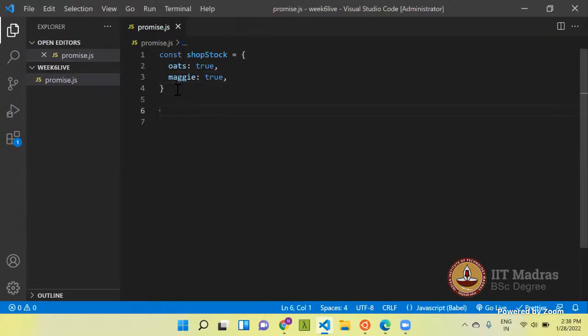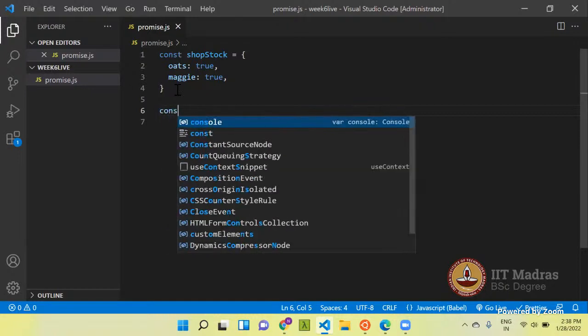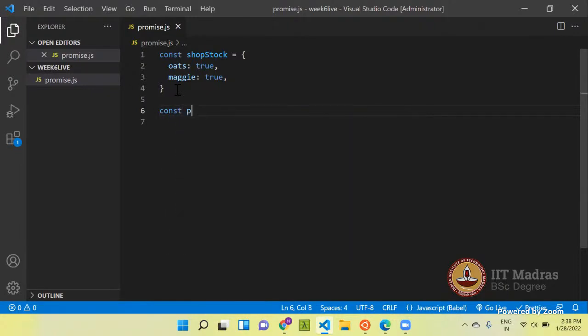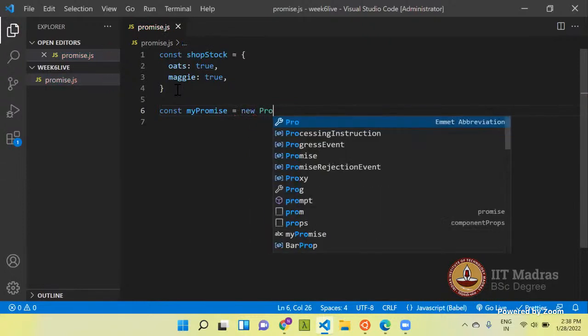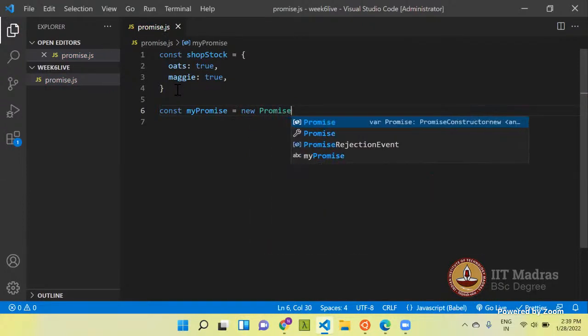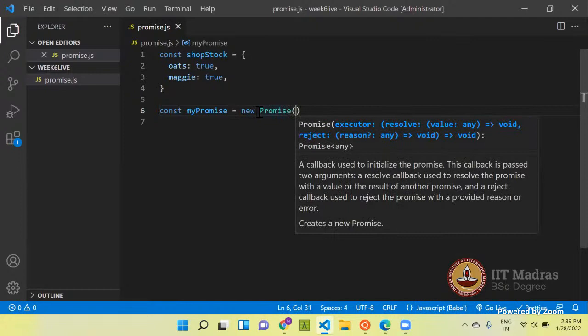So you create a promise in JavaScript using the Promise keyword. Let's create a promise. Const, let's name it myPromise, equal to new Promise.